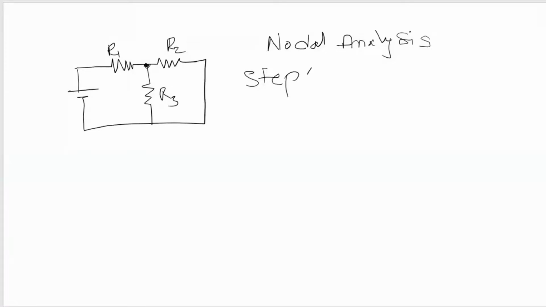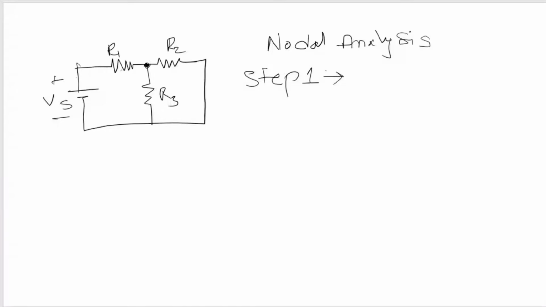Suppose this is the voltage source Vs, and there are three elements, and this is one node. A node is the interconnection of two or more elements. When only two elements are connected, we cannot call it a node. So this is one node. Here I can't call it a node,